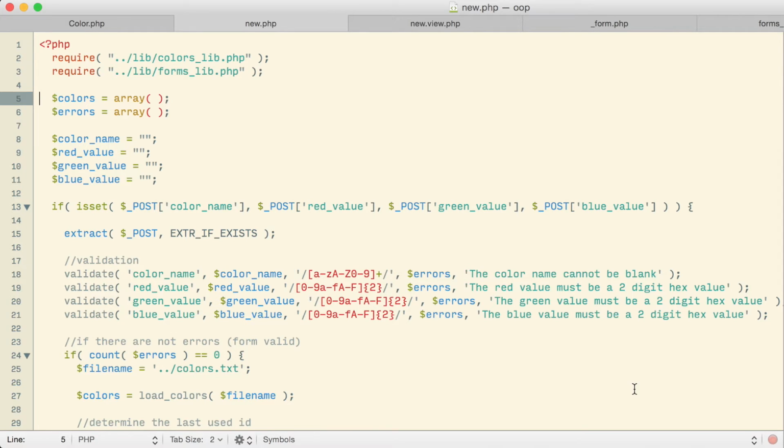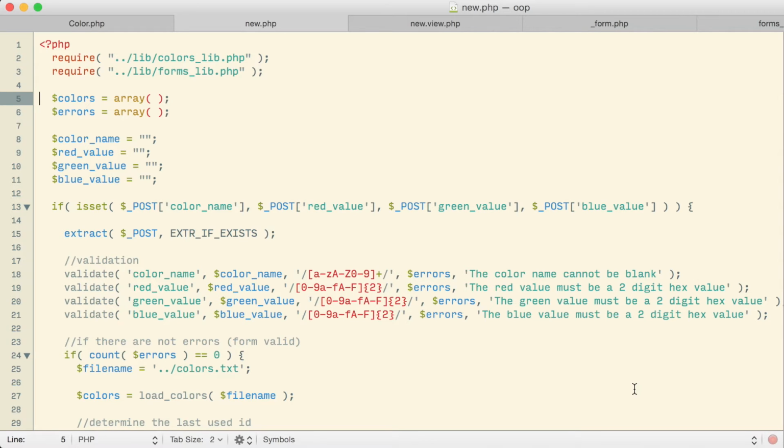The new page of our colors example is where the fun will really begin as we're converting things over to using our color class, converting things over to working in a more object-oriented way. While our index and our show pages were fine, they were both relatively easy because the actual contact between those two pages and the actual color data itself was fairly minimal. On the index page, all we had to do was load all the colors. On the show page, all we had to do was load one color. Other than that, we weren't doing anything but displaying the colors themselves.